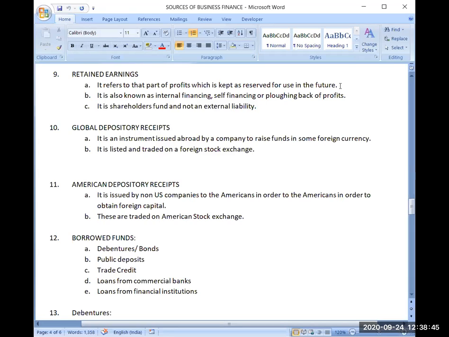You have earned your capital and then you have invested it into your business, and that's why it is also said flowing back of profits. Means whatever profits you have earned, you have again invested that amount into your business. Third point is, it is shareholders fund and not an external liability. So because you have earned your profit and you have invested